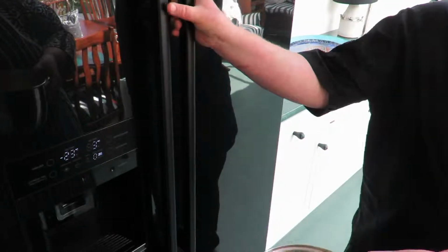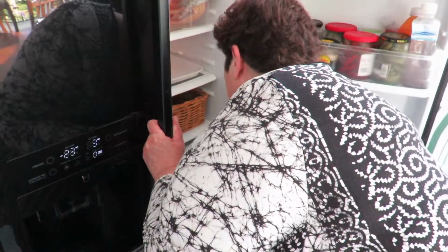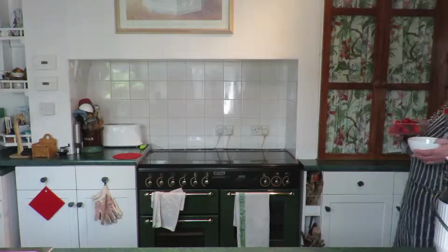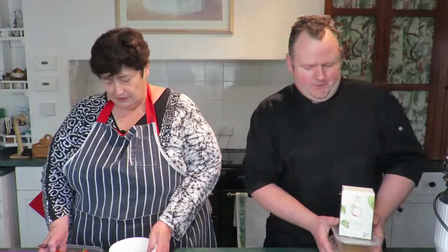Okay, Penny, let's get that in the fridge to get cool. We give it sort of 15 minutes to get it cooled. And then, there we go. I've got the strawberries and I'll hull those for the compote. Alright, you're going to kick off with the...